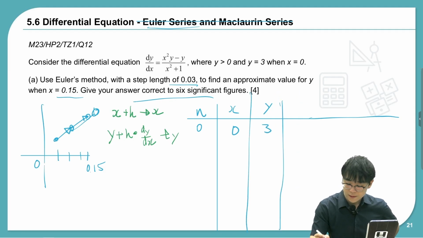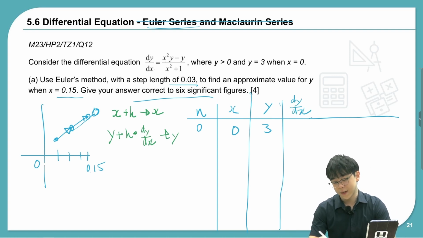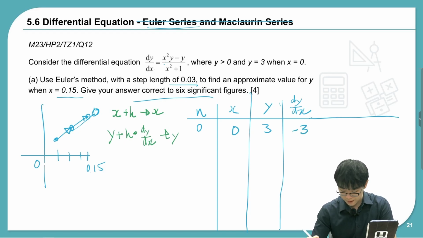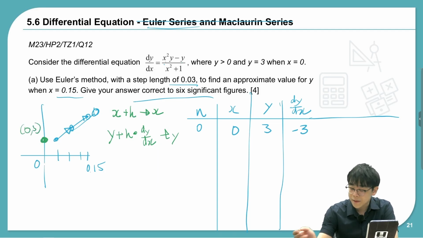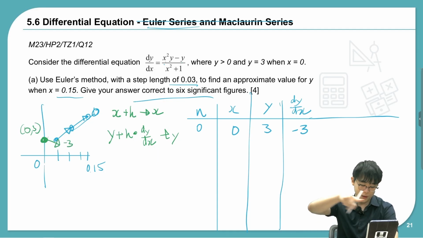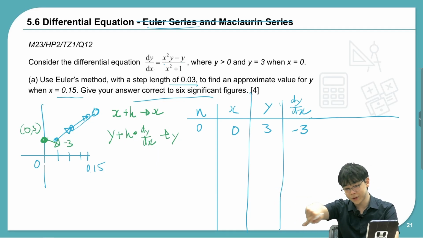So for instance, if we calculate our dy over dx value, we get 0 squared times 3 minus 3 all over 1. So this would be negative 3 actually. So what that means is we start at like (0, 3), and the rate of change is going like negative 3. So if you were to go 1 in the x direction, your y value would go down by 3,